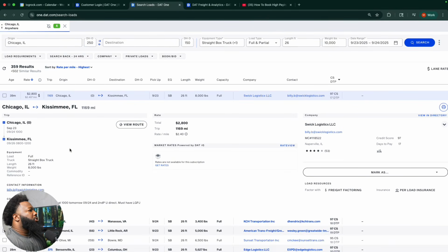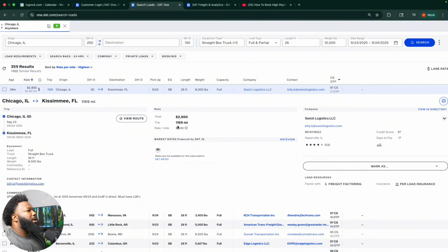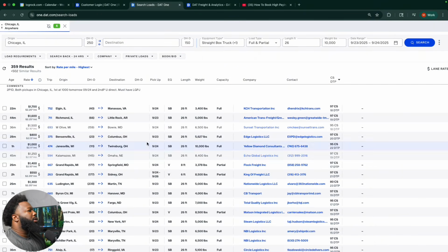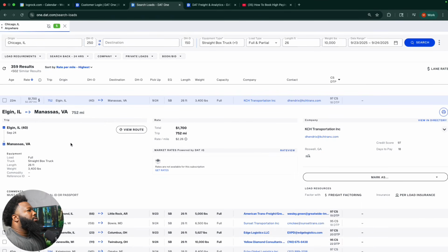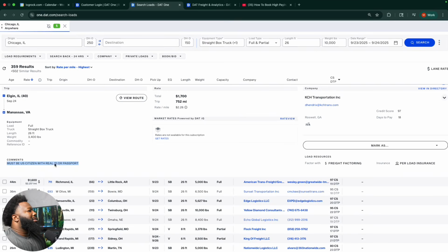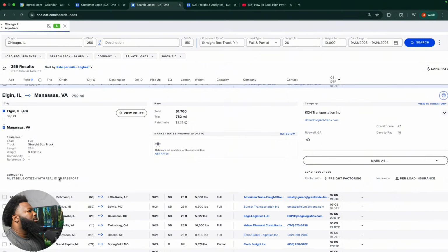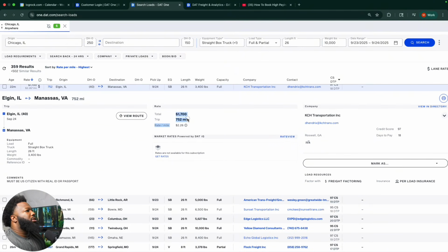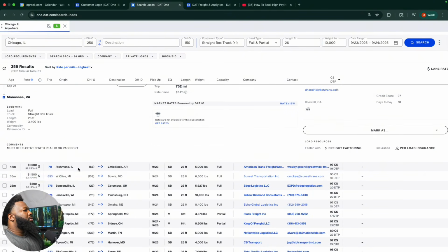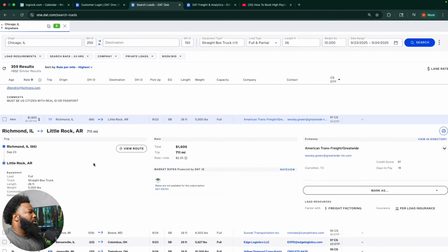Got a load going from Chicago to Kissimmee. I feel like we just saw this one. 240 a mile, 1169 for 2,800 bucks. Let's keep moving. Elgin, Illinois to Manassas, Virginia. Must be U.S. citizen with a real ID or passport. 226 a mile though, 1,700 bucks. You can usually knock out most of this in one day. Do about 700 in a day. 225 a mile to go from